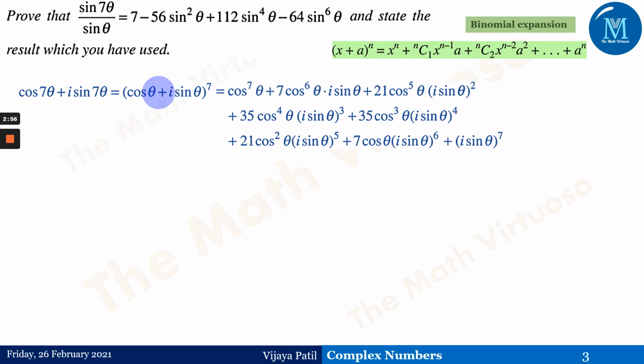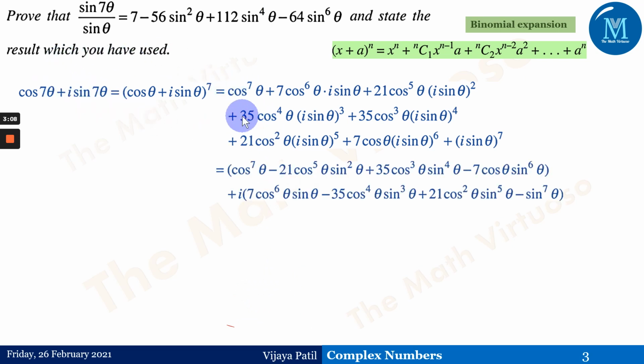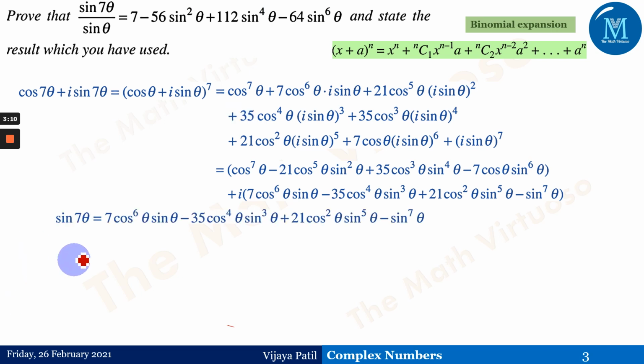Now there are two ways. Directly you can use the formula I have given in the previous slide. Otherwise you can expand separately and then compare the sides. After comparing, you get sin 7 theta, since we need sin 7 theta upon sin theta, directly from nC1, nC3 and so on. Otherwise expand the binomial expansion of cos theta plus i sin theta to the power 7: 7C0, 7C1 and so on. The expansion is given here for reference.